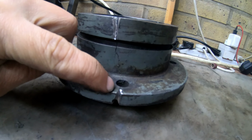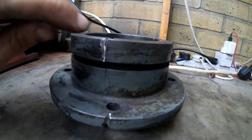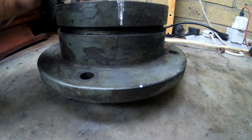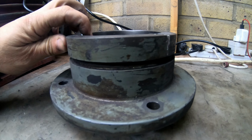Now I started to grind the material away. It's just not gonna work. So there's a crack over here and on the other side as well. Luckily the flange is intact on this side, so I think I came up with a plan, which is going